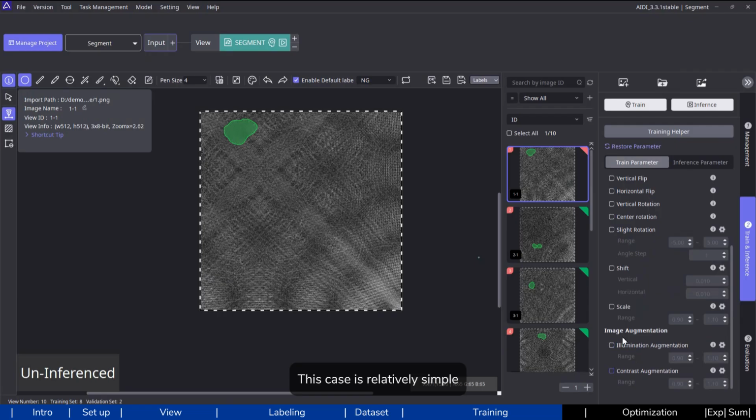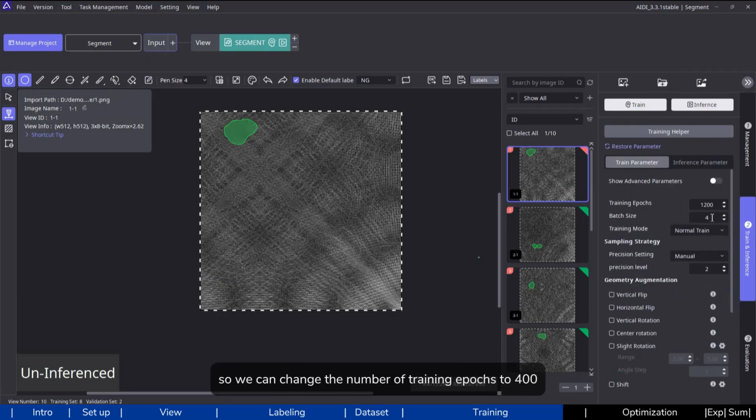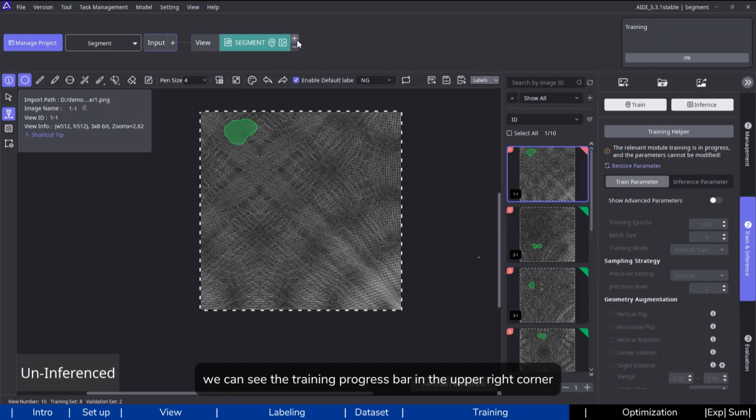This case is relatively simple, so we can change the number of training epochs to 400. After adjusting the training parameters, click the Training button. You can find the Training button above the parameters, or on the right side of the module name next to the head icon. After clicking the Training button, we can see the training progress bar in the upper right corner,